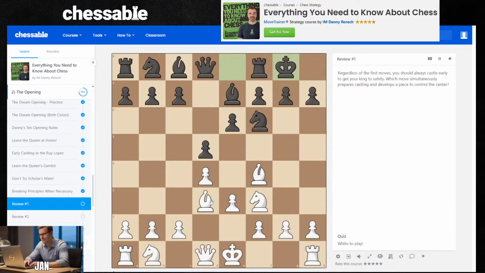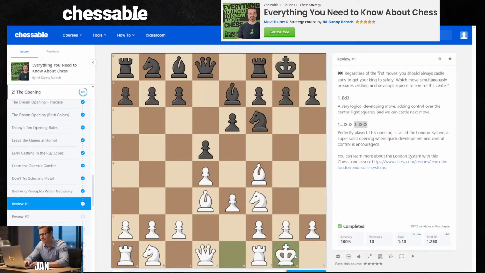Yes, it was the correct move. Nice. Regardless of the first moves, castling develops a piece to control the center. Okay, and now it's white to play. And now I think I should be ready to castle. I could also develop a piece, but here I think castling is fine. Yes. Okay, so bishop d3 was a very logical developing move, adding control over the central light squares,